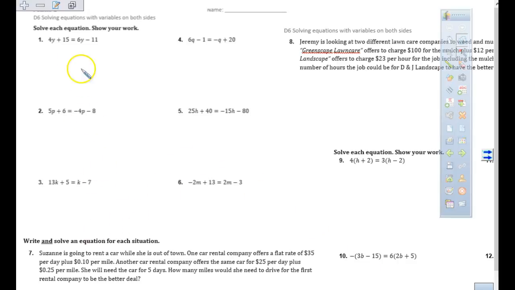So your homework tonight is the D6. Now, since we handed in